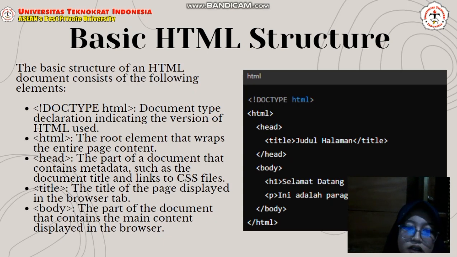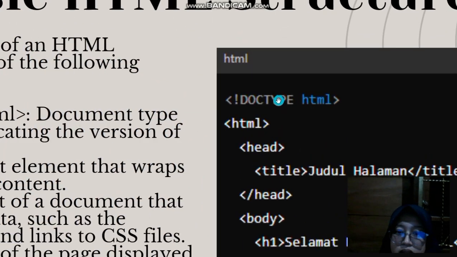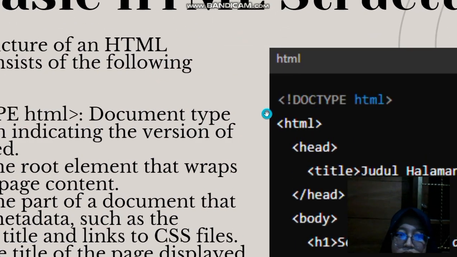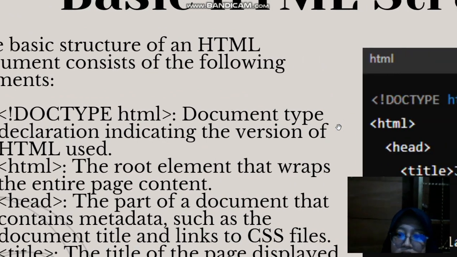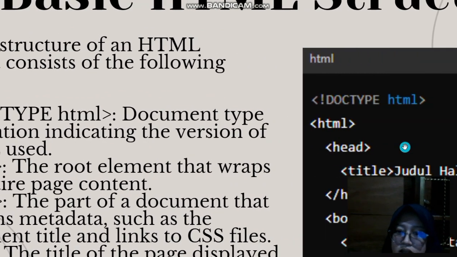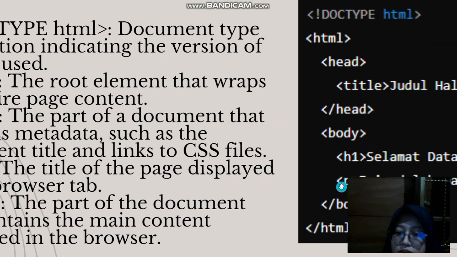Title, the title of the page displayed in the browser tab. Body, the part of the document that contains the main content displayed in the browser. HTML, head, title, body.